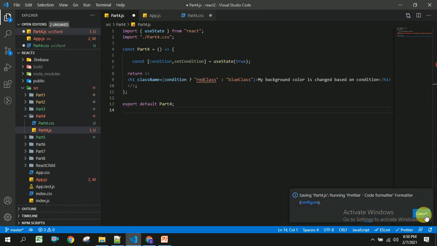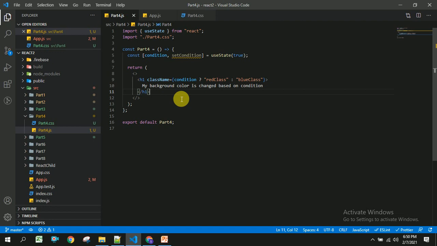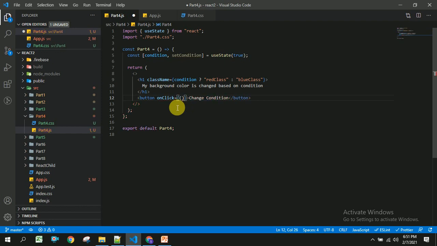So it's loading, and here I am going to take a button. Once the user clicks on this button, I am going to change the condition. For this I am going to create a click event handler, handleConditionChange.